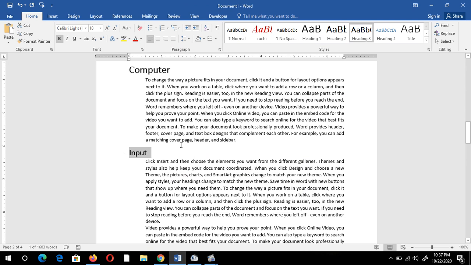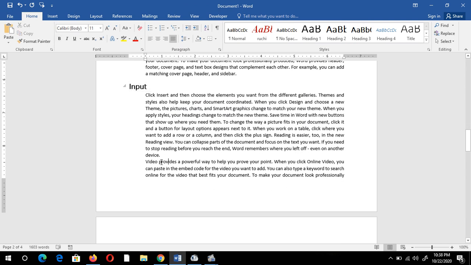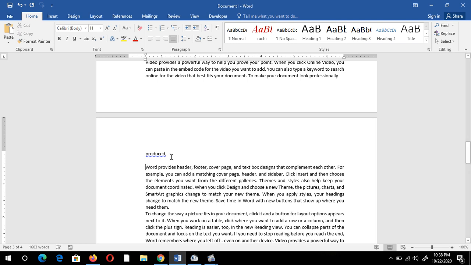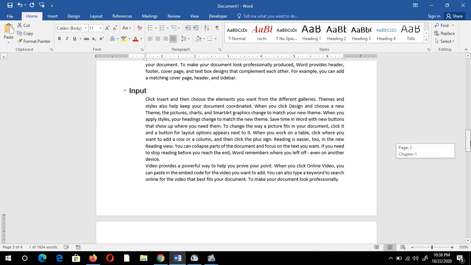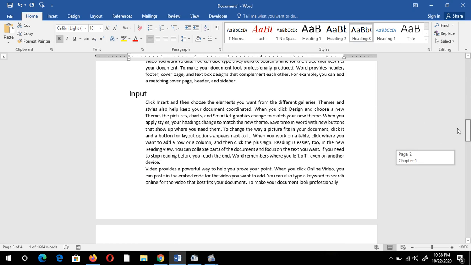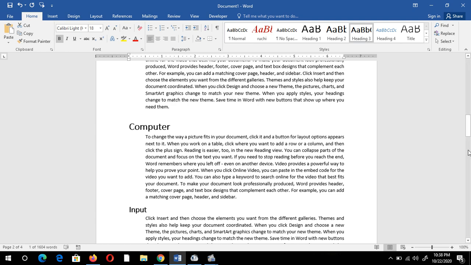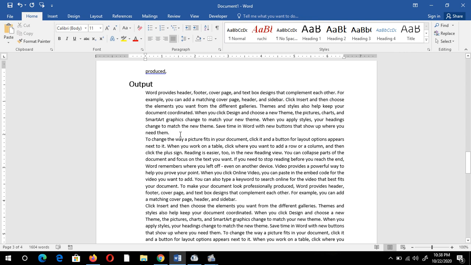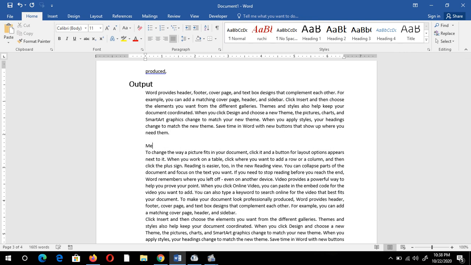This is under computer. Also, I want to write here, suppose, output, and I want it to also be under computer. So I need to select the Heading 3 option. Now the introduction, computer, input, output, finish. Now I want to add another topic. Suppose this is memory.